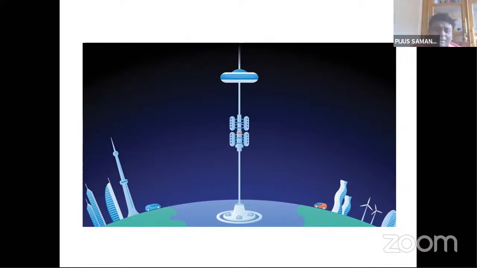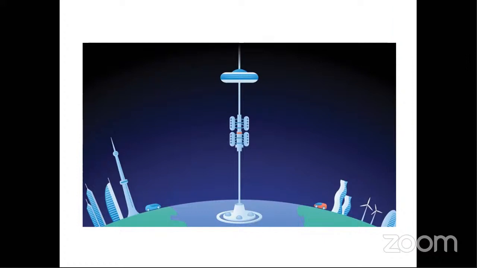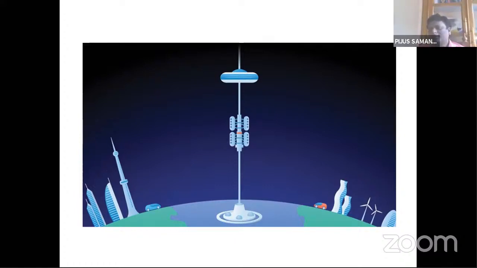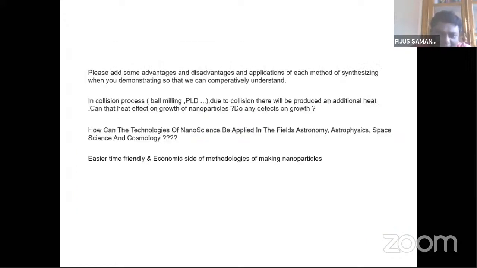Scientists are trying to develop this space elevator. This thread or connection should be very flexible, so that it cannot be stretched out. So scientists are developing carbon nanotube based structures, tube-like structures that are very flexible and can bear the strength required. However, this is not yet practically realized. These are all still under laboratory study.